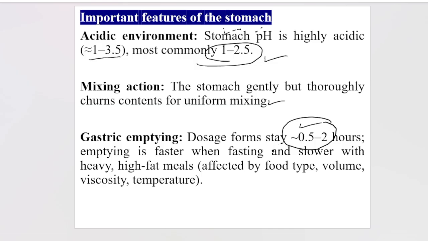So if the gastric emptying is fast, it means the drug will go very quickly into the small intestine and it will be rapidly absorbed. If there is a high fat meal, or a heavy meal in the stomach, the drug emptying from the stomach into the small intestine will be delayed, and drug absorption will be slowed down. तो ये कुछ चीज़ें हैं जो एज ए फार्मासिस्ट यू शुड नो कि गैस्ट्रिक एम्पटिंग क्या है,